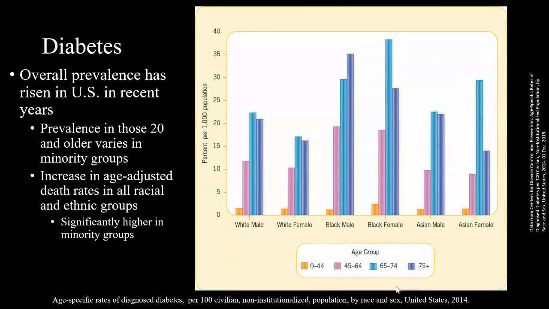Again, you can see here from age groups and male and female, and this data is from 2014, so a little older. But again, what you see here is that Black females are suffering the highest rates of diabetes, and generally their highest age group is 65 to 74, with Black males second. And then also you see there is a spike in Asian diabetes for the age group of 65 through 74.